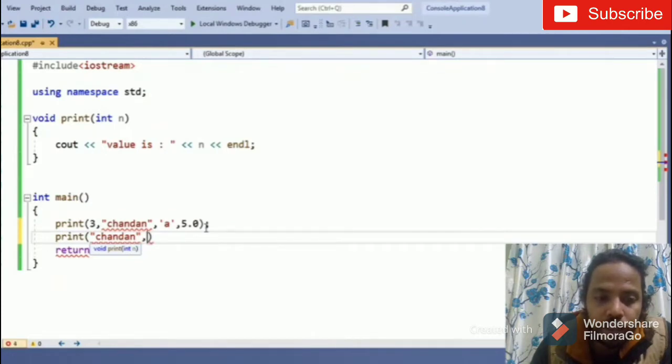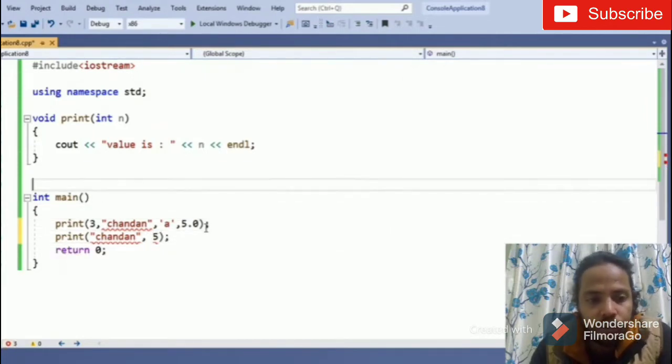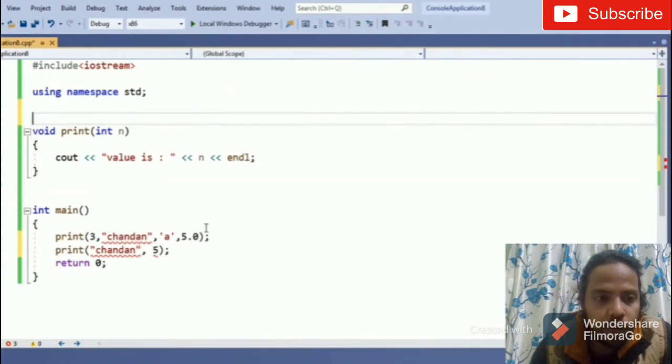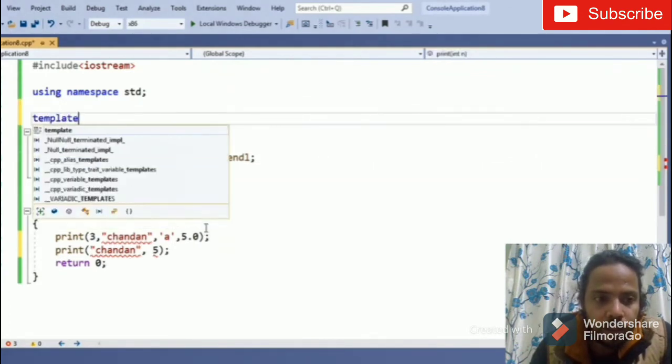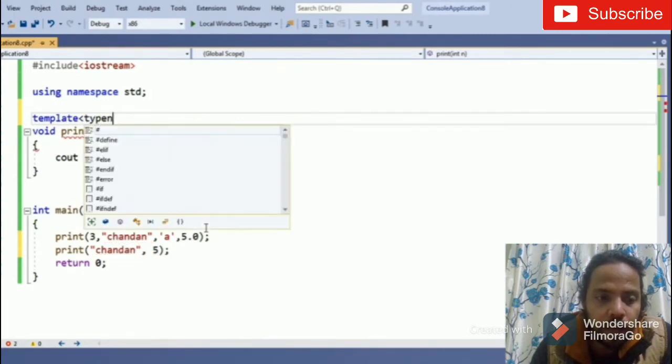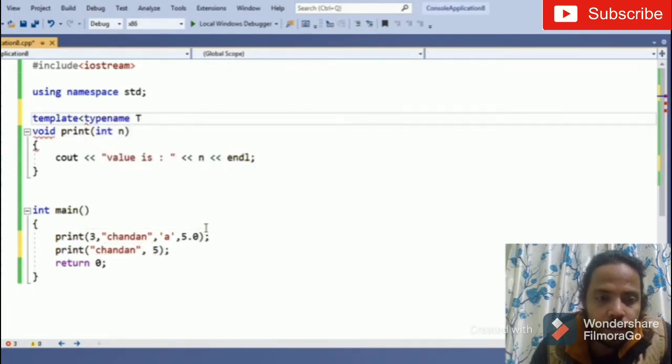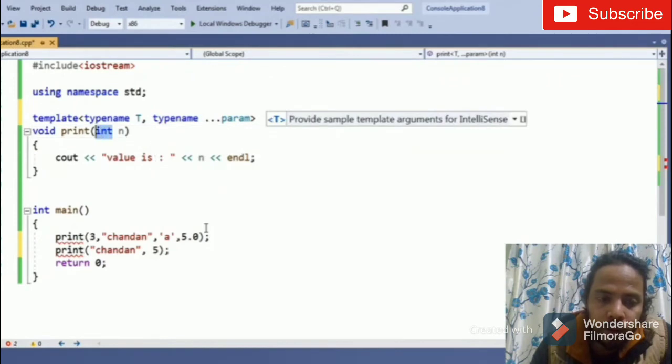This makes it very easy to provide different functionalities of function overloading with the same function name. So what we can do is write a variadic template function. The syntax is we have to pass a typename, which is the type of that parameter, and then there is a template parameter pack, which is the number of arguments we are passing here. We will use three dots here in C++.